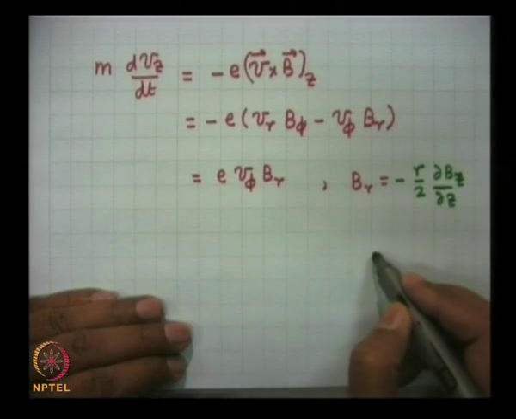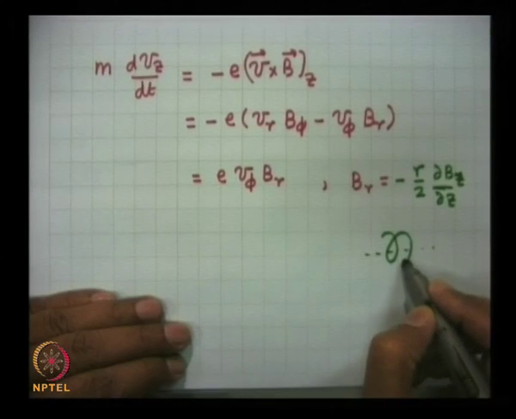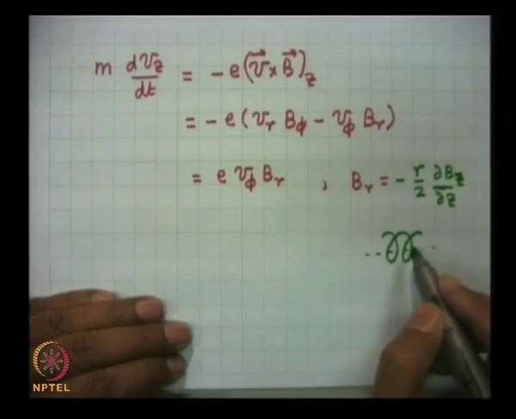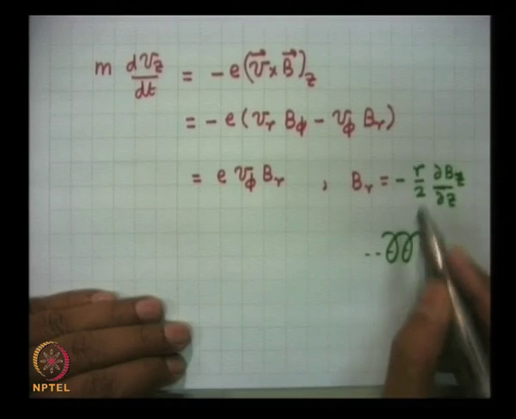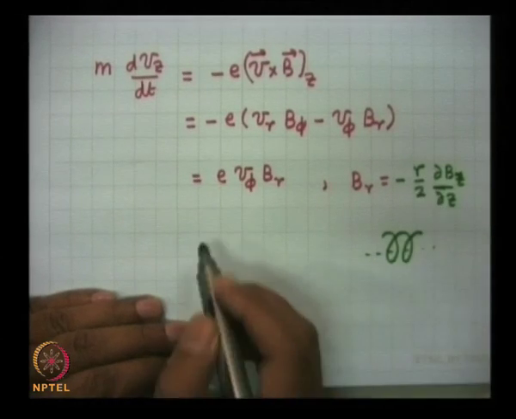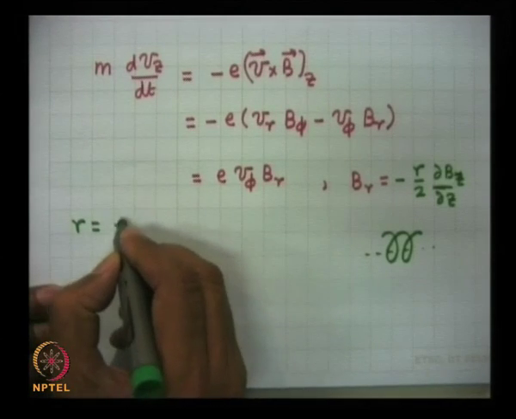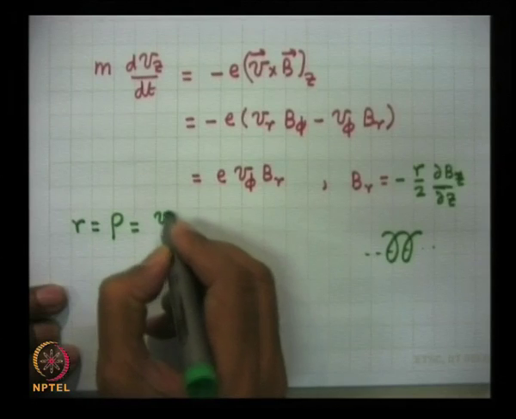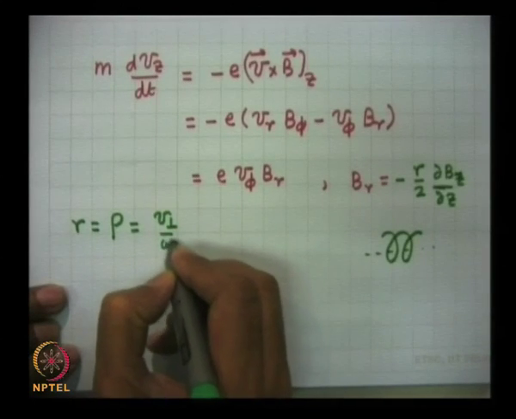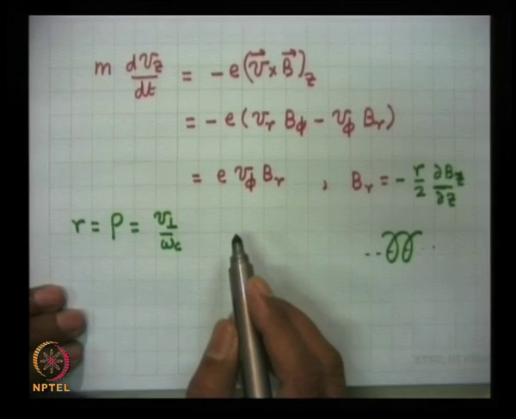Your electron we are considering to be gyrating with Larmor radius, and that is r. r is the location of the electron away from the axis, which is equal to the Larmor radius. So, if I put r is equal to rho, which is equal to V_perp upon omega_c, then the right hand side of this equation turns out to be